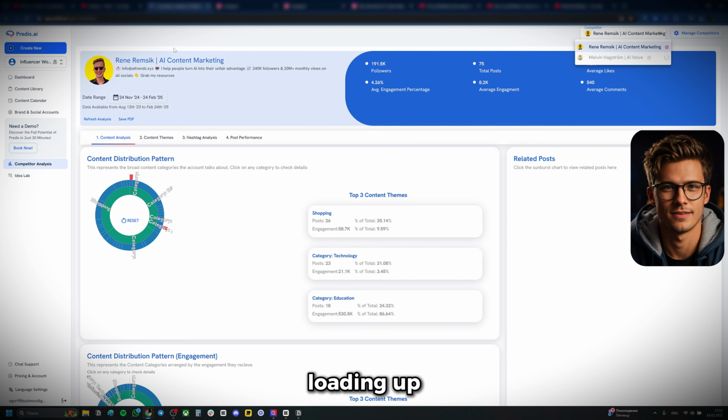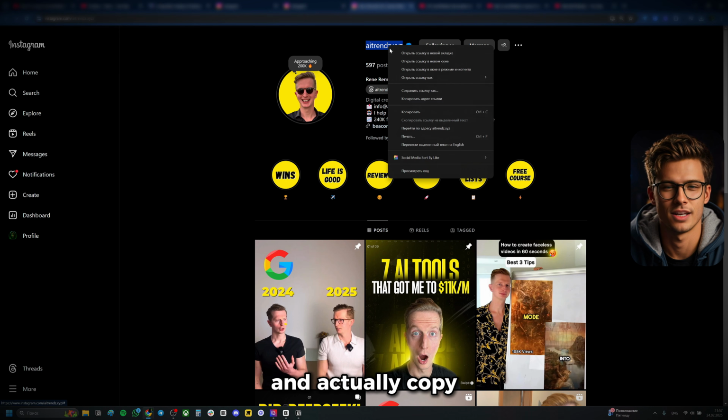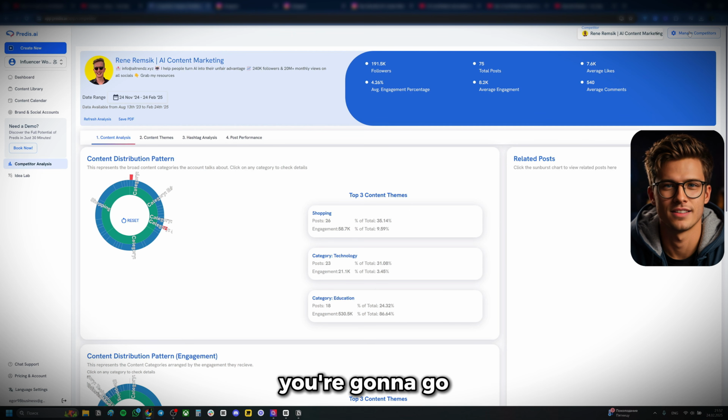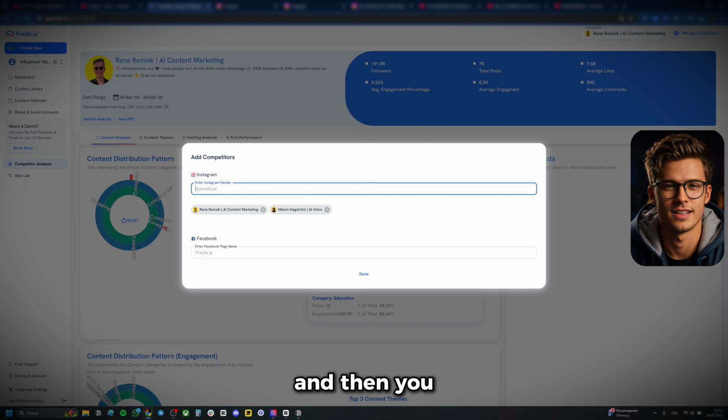His account is loading up. But basically, the first thing you want to do is go on Instagram and copy their user handle. Once you do that, you're going to go here, and in the top right corner, click on Manage Competitors, and then just paste their username. Now I've already done that, so you can see it right here. But yeah, you just add it like that and click on Done, and just give it maybe 2 minutes